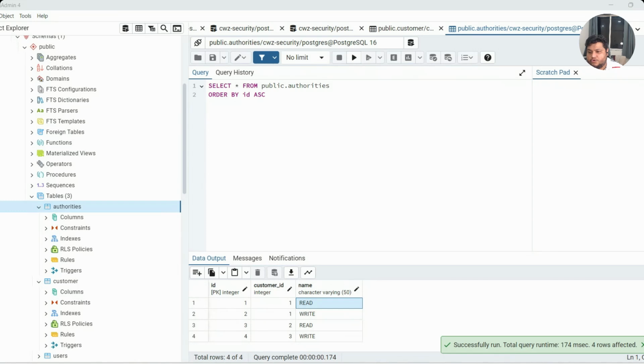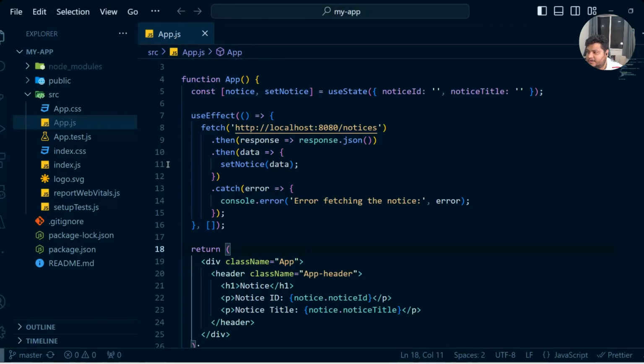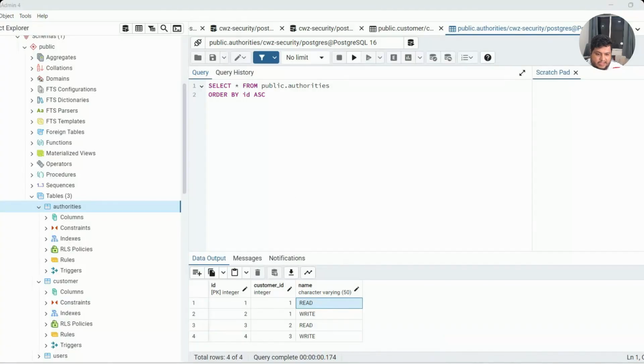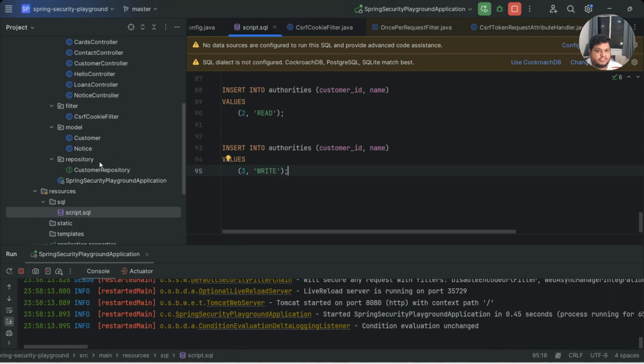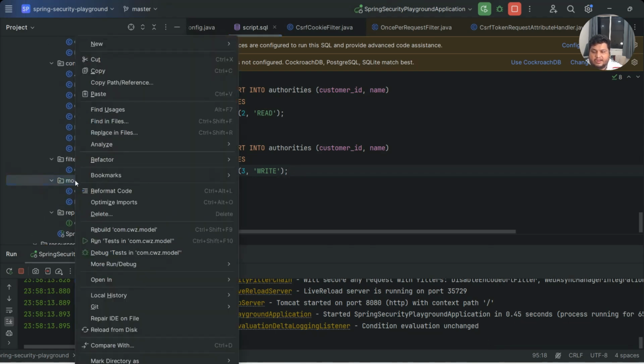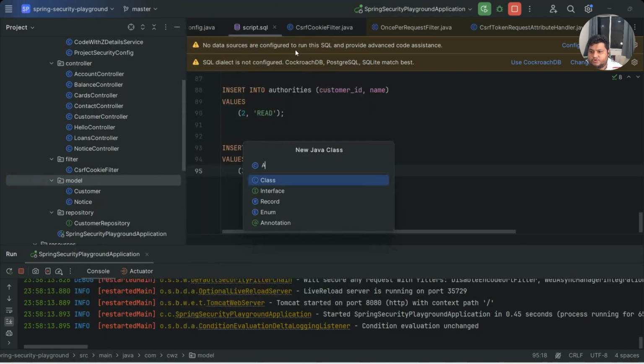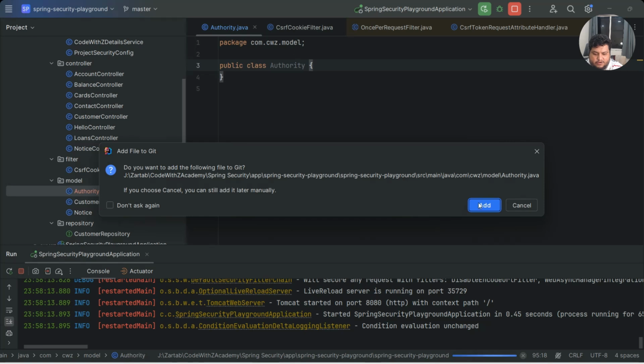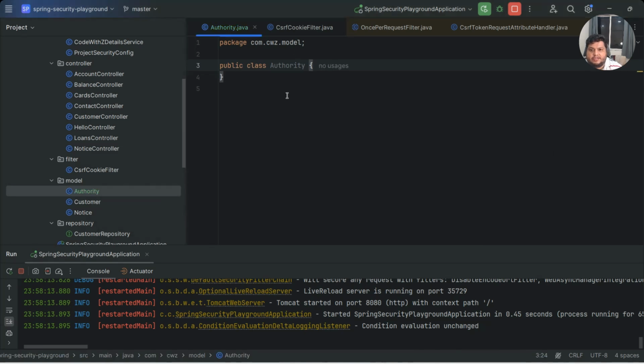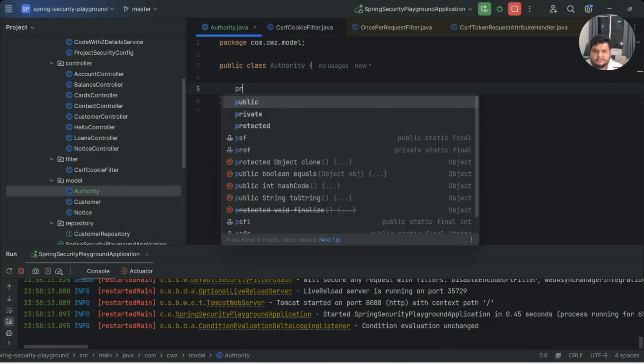So I need to create two models now. First is an authority model. In the authority model, I will use the many-to-one relations of JPA. So for that, I go to my model, create a Java class. Let me call it Authority. And in my Authority class, what will I have is